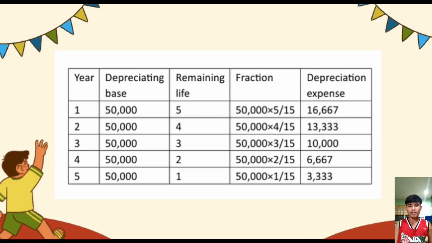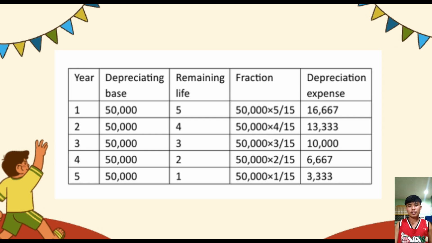The next one is the remaining life of the asset. Our remaining life at the beginning of year 1: how many years do we have the asset in service? We have 5 years, as of January 1st of year 1. So we're looking forward: when we say it is 5 years, by year 2 we have 4, and the remaining life is then 3, 2, and 1. So basically it's just a reverse count of how many years are left.